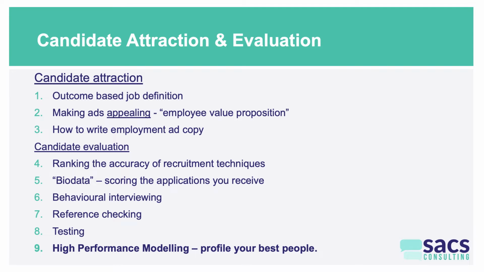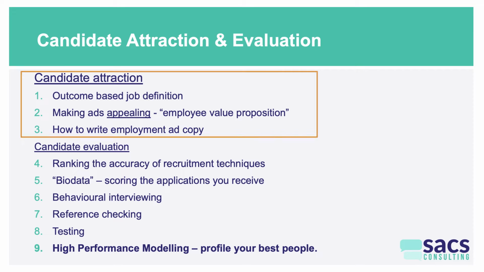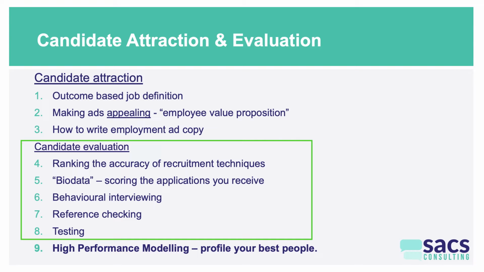So in earlier videos in this sequence, we've really given you some practical tips about how to define jobs to make them attractive, how to make your ads as appealing as possible, and how to actually write employment ad copy. And then we looked at a range of candidate evaluation techniques based on the ranking of the accuracy of different recruitment methods, because there is good psychological research to indicate which methods of recruitment are more accurate in comparison with others. So we talked about biodata scoring the applications you receive, behavioural interviewing, reference checking, and the last video